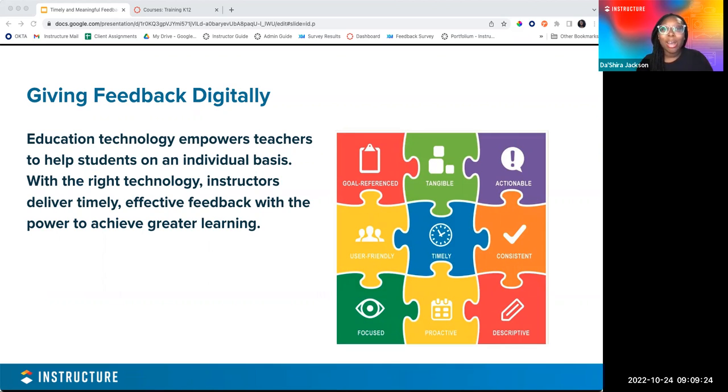Technology really helps empower us to connect with our students on an individual basis. And it also creates a kind of a repository. What's great about Canvas in general is that when students turn something in and you provide that feedback or comments, students can go back later and look at that. They can go back as many times as they need to. You're no longer relying on remembering what was said in a verbal discussion. They're no longer relying on keeping that hard copy of that marked up paper. Everything is going to be delivered in a digital manner.